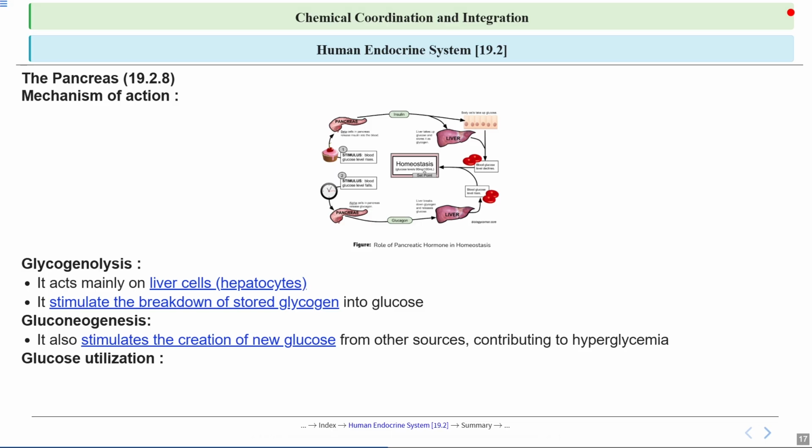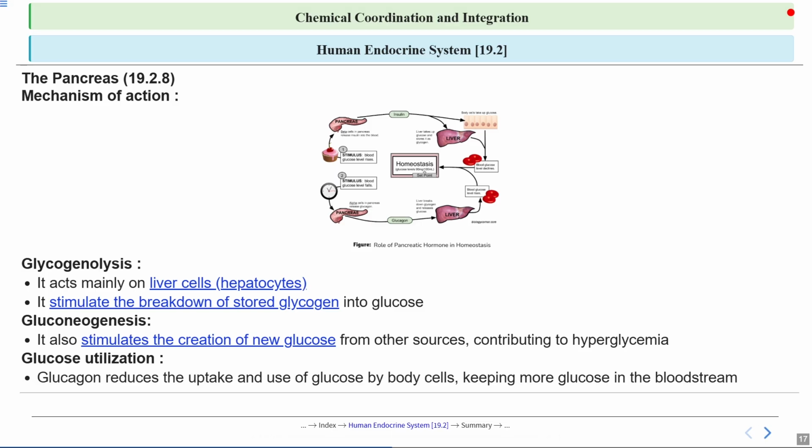So this process mainly occurs through cellular respiration, where glucose is broken down in the presence of oxygen to produce ATP, which is the energy currency of the cell. This happens in three main stages: first is glycolysis in the cytoplasm, then we have the Krebs cycle, and the third is the electron transport chain in the mitochondria. The entire process is essential for providing energy to carry out life processes, and it is very important